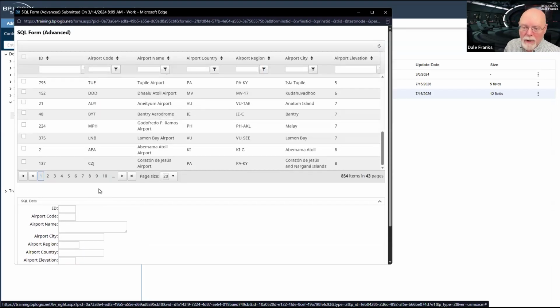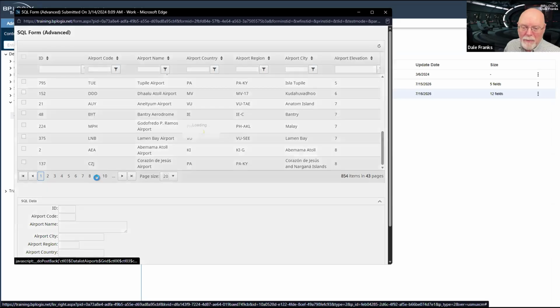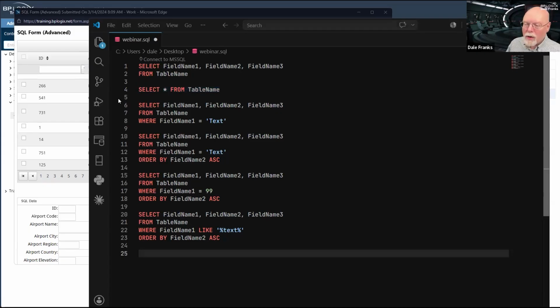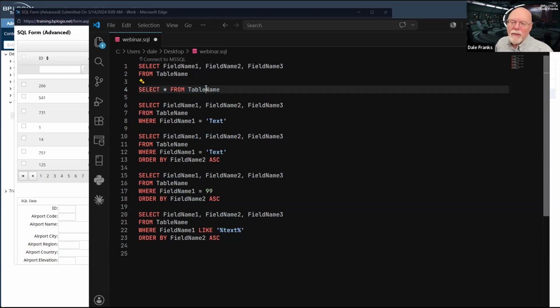I have pages and pages of airport data that I'm pulling out of the database. So that is one of the circumstances where I actually do want to use that wildcard asterisk, which means everything. Just grab everything from table name.